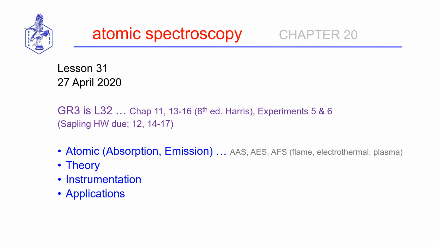It is the 27th of April, and this Wednesday is GR3, Lesson 32. Just a quick reminder, it will cover material from Chapter 11 and 13 through 16 in the 8th edition Harris textbook, so that should be EDTA titrations and electrochemical methods, redox reactions, redox titrations, etc. It will also cover material from experiments 5 and 6, the EDTA titration and determination of calcium carbonate content, and potentiometric titration of iron. So be prepared to work similar calculations and understand the theory of the chemistry happening in